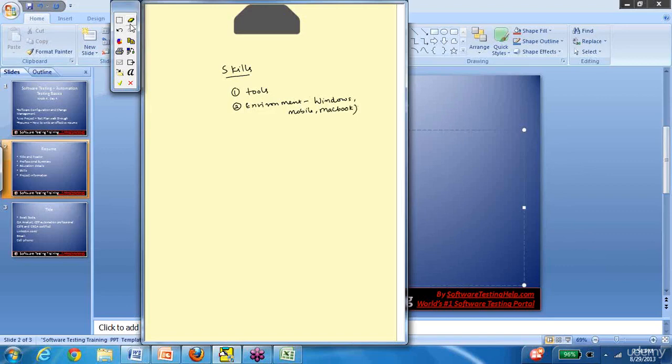So include the environments. A question that a lot of freshers have is, we don't have real world experience, so how can I include the environment? I'll answer that question in a minute, but I'm just going to tell you what comes up in this section.